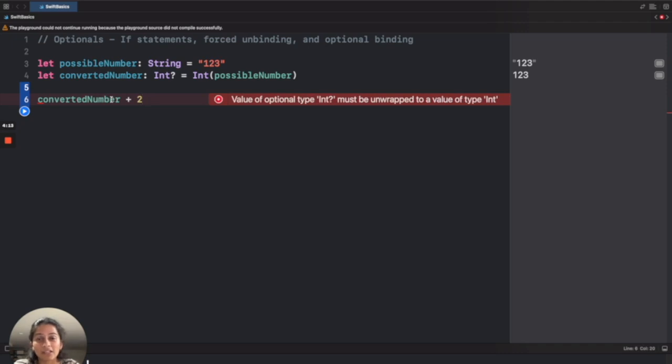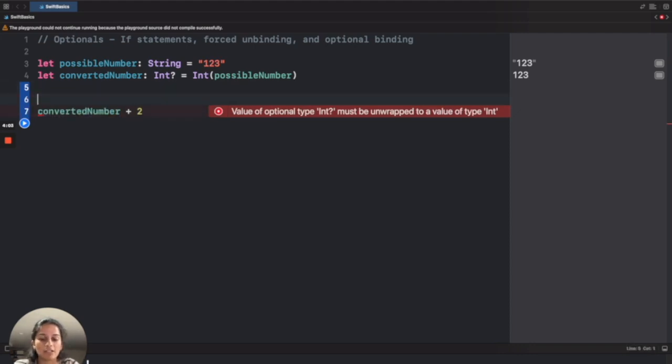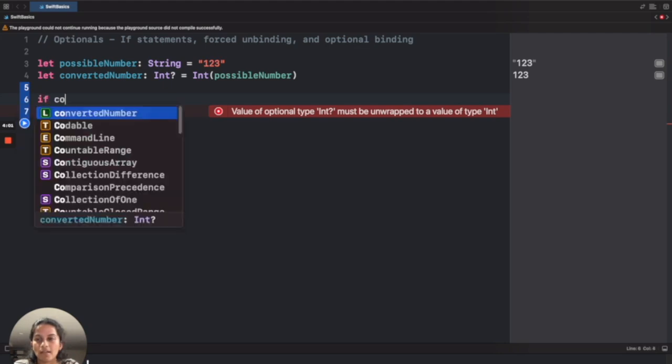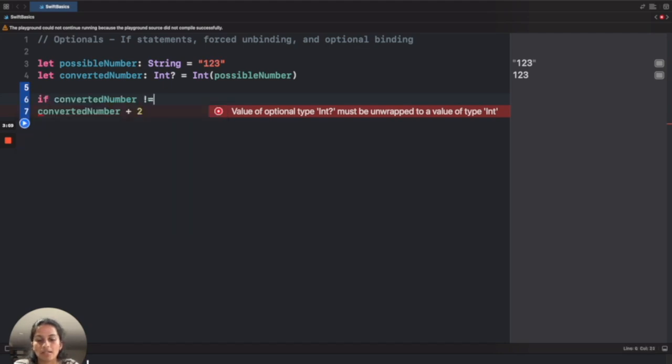If it's a nil value, I definitely can't add 2 to it. So you have to do something about this. So how do we check whether converted number is not a nil value? Well, one way to do that is you could just say something like, if converted number is not equal to